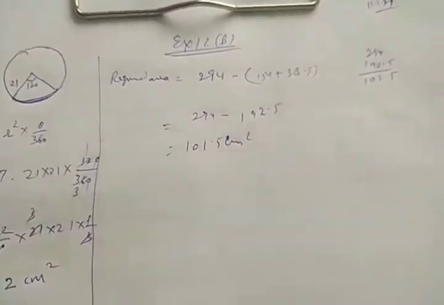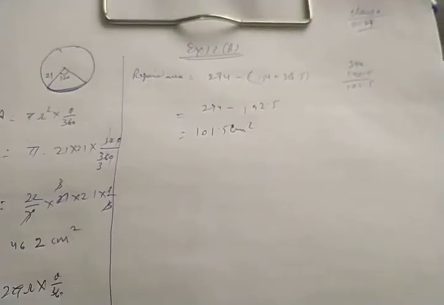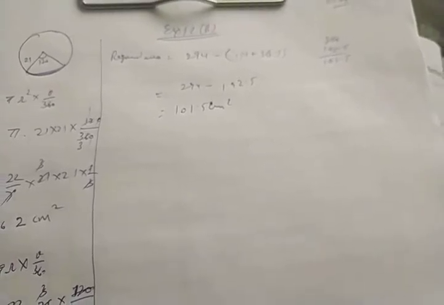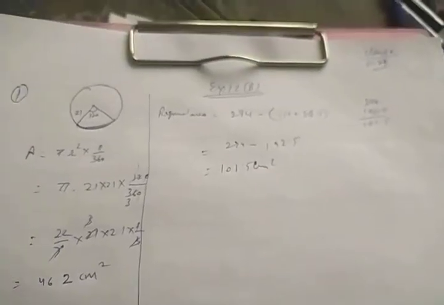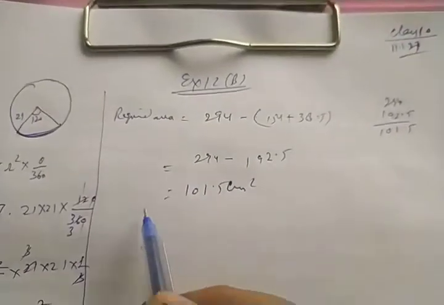First of all you should have confidence in yourself, and then you can cross check the calculation by mobile or calculator, whatever. Some of the answers may come wrong, so there may be chances of correction. First don't take it that the answer is wrong. First you make your full efforts, then you make sure even after doing mobile calculation that it is correct. So this is the answer of the question.